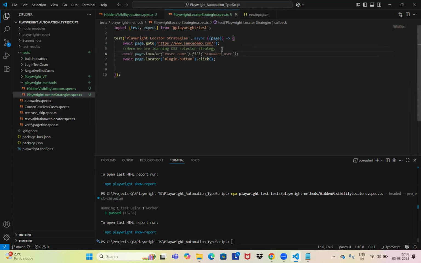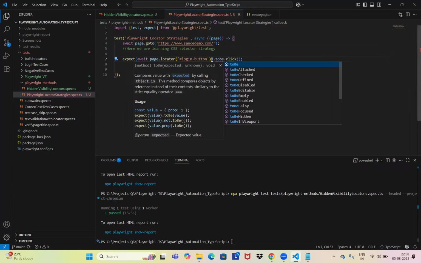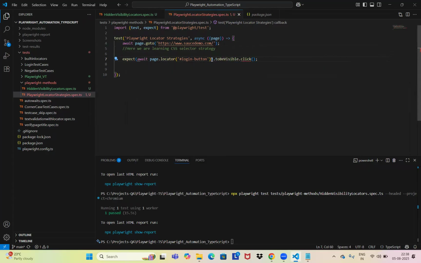Instead of clicking on it, just use expect. We are doing an assertion to check whether we are on the right page or not. From that page, I am trying to find one element, this locator dot to be visible. Once this element is visible and this step passes, we confirm that we are on the right page. Here, among the locator strategies,